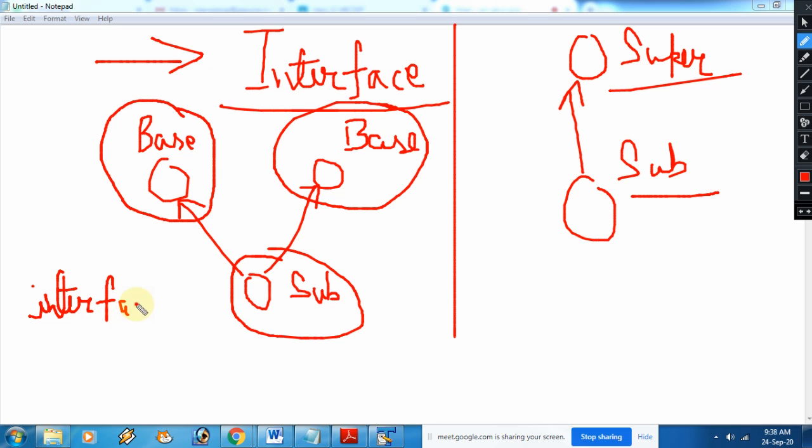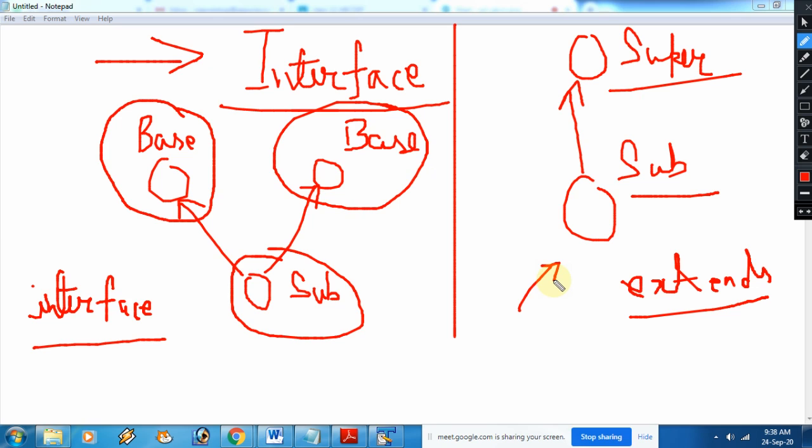Now the difference between the interface and the extends keywords. Extends can extend only one class at a time, but in case of using interface we can implement so many classes at a time. Means you can have so many base classes, 1, 2, 3, 4. In case of one we always prefer the inheritance concept, that is extends.